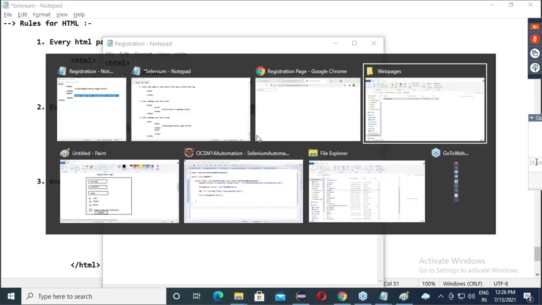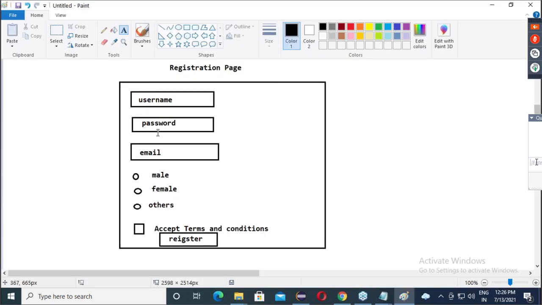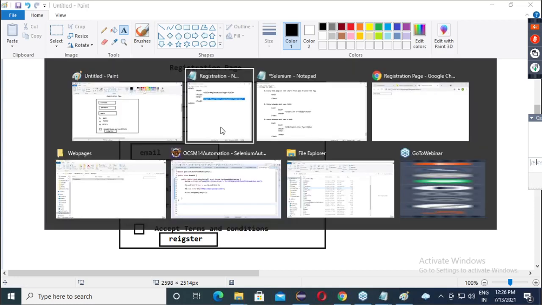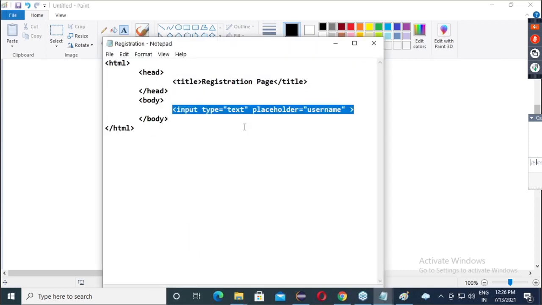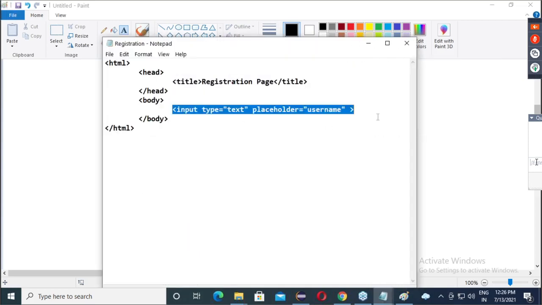Now, shall we go for the password field? Confirm? Okay. So now guys, let me develop the password field. Pay attention here carefully.